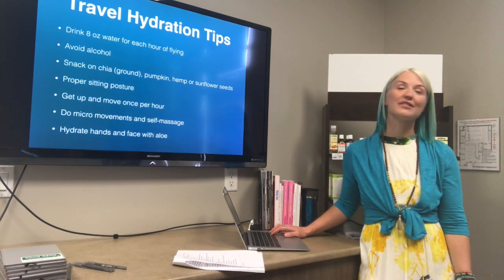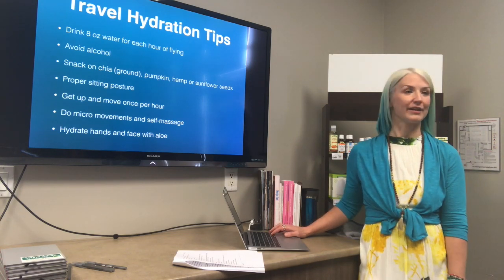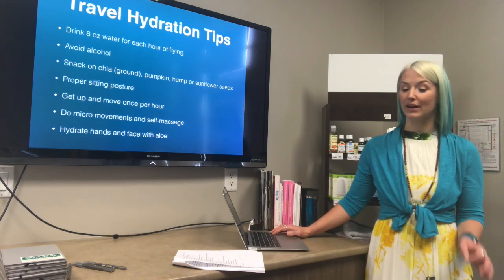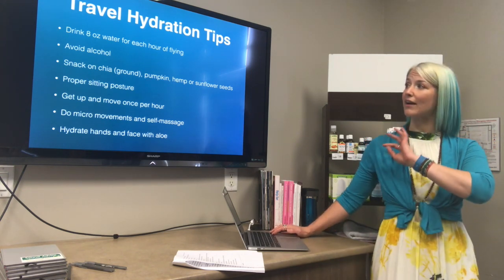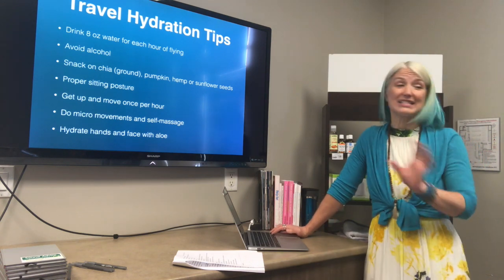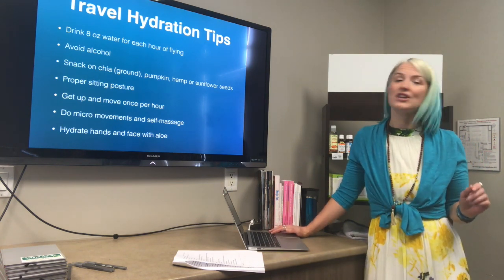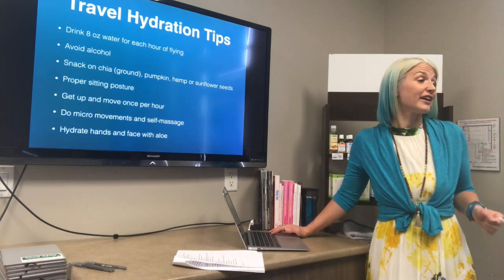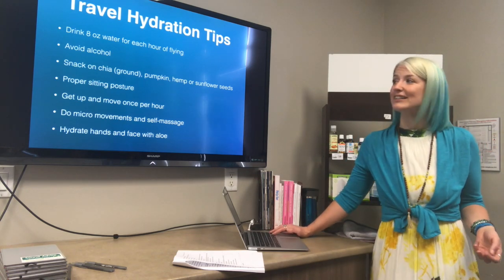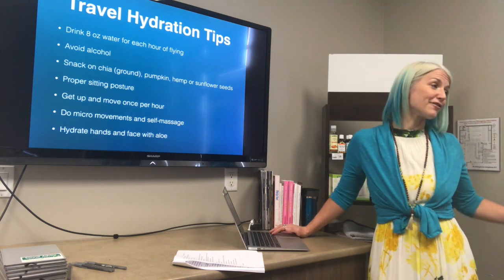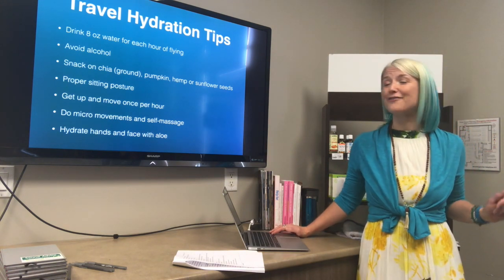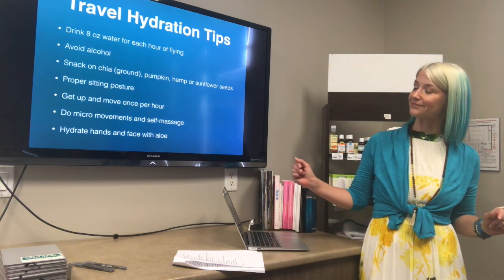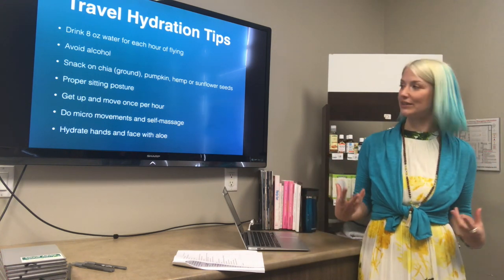Travel hydration. So one of the most dehydrating things we can do is fly. So we need 50% humidity in the air. Airplanes are maximum 20, sometimes down to 1% humidity. So drink 8 ounces, a cup of water for every hour of flying. You're gonna have to pee, and that's fine because you need to get up and move anyway every hour. Ask for an aisle seat or for forgiveness. Avoid the alcohol, super dehydrating. You can snack on seeds. They are like slow release moisture.